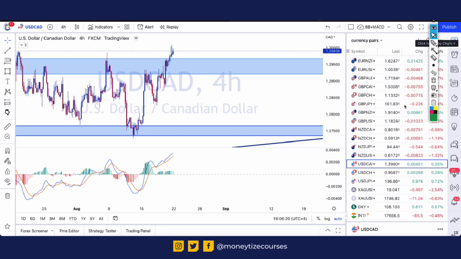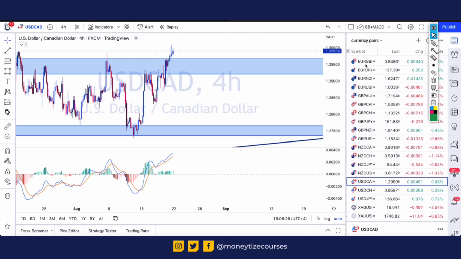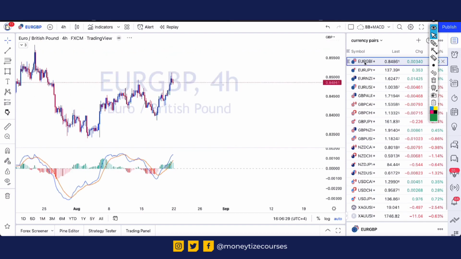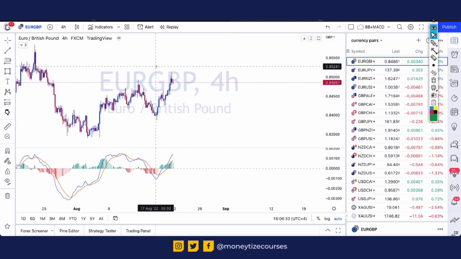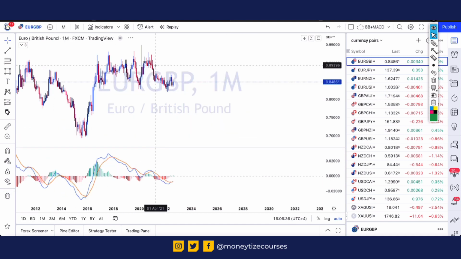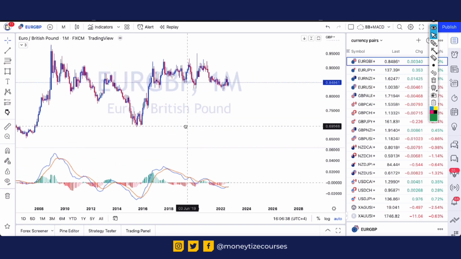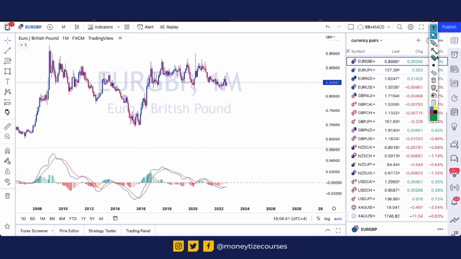Now the next one, which I'm going to take, is EURGBP. Starting from the monthly, based on monthly, a series of higher highs with a bearish divergence. So a downward movement was expected and it moved to the downside,